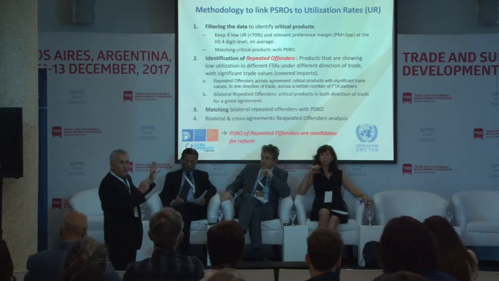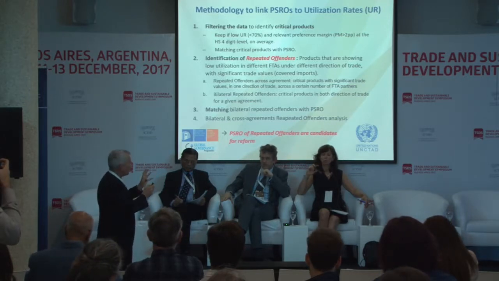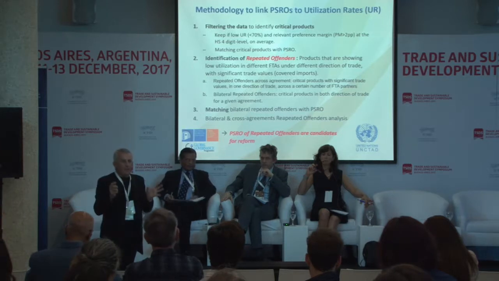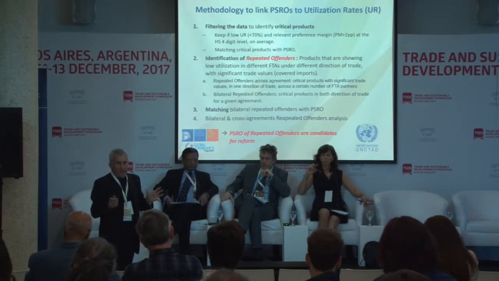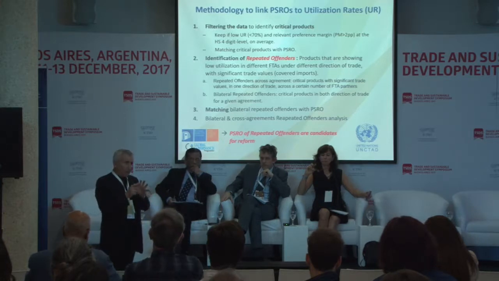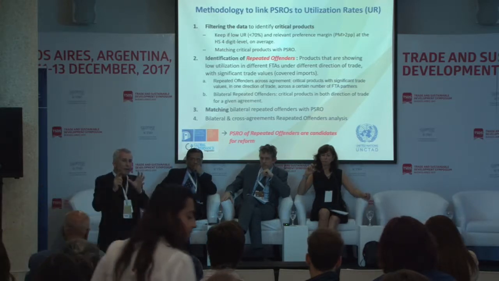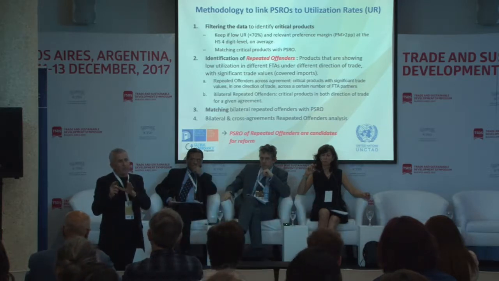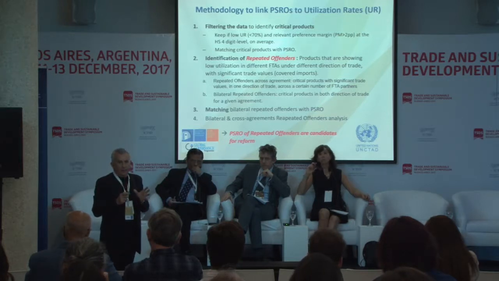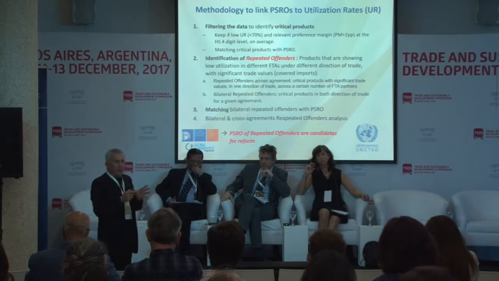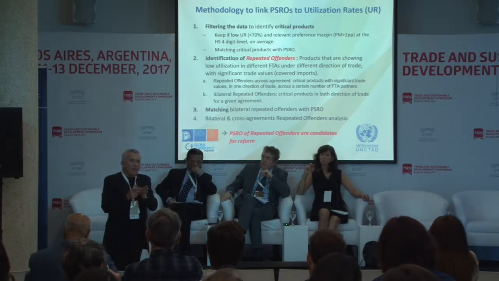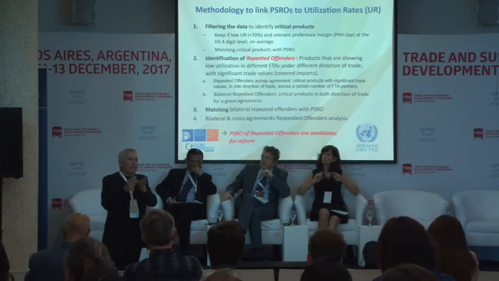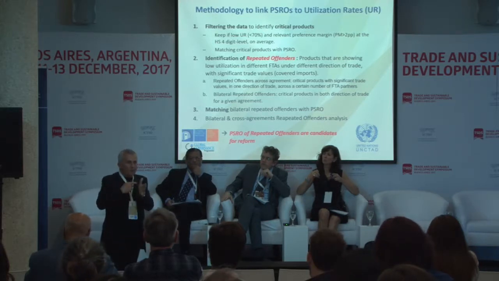How do we do it? Without just explaining this slide, we filtered the data, because 17 free trade areas is a lot of data. We used as a filter a relatively low utilization rate, less than 70%, a preferential margin higher than 2%, and significant trade. Then we looked at the repeated offenders. What does repeated offender mean? Products that are consistently showing in free trade areas that they are recording low utilization rates in both directions of trade